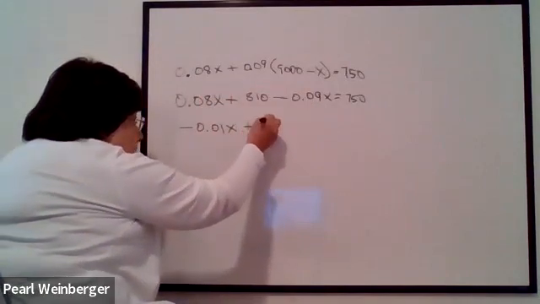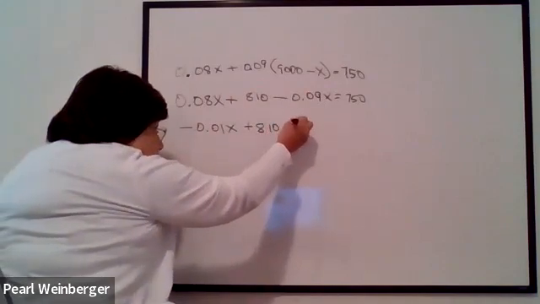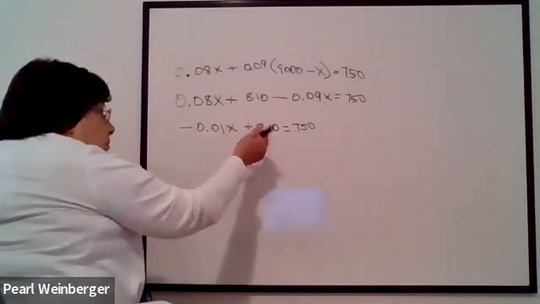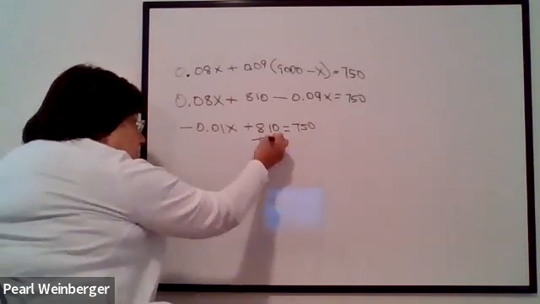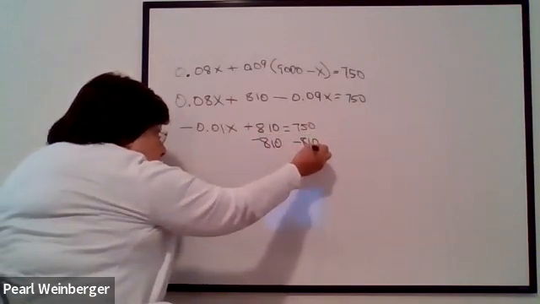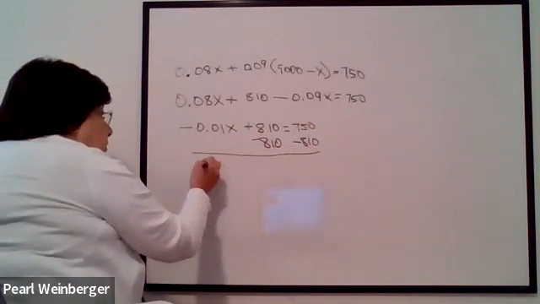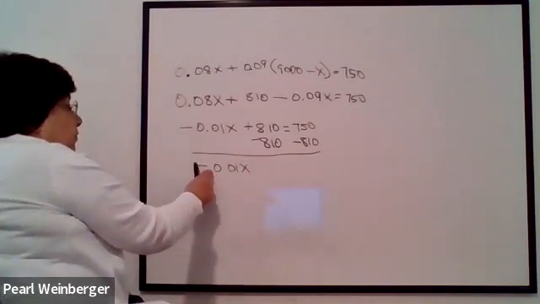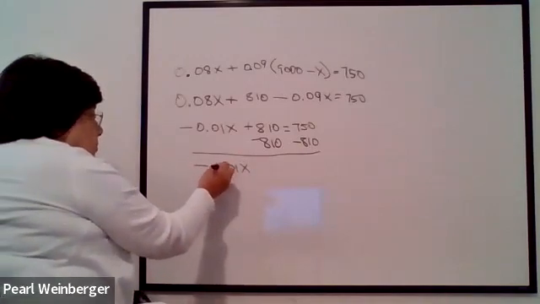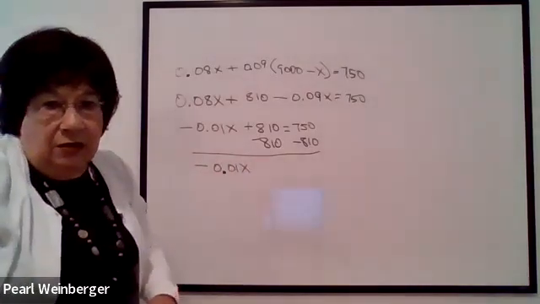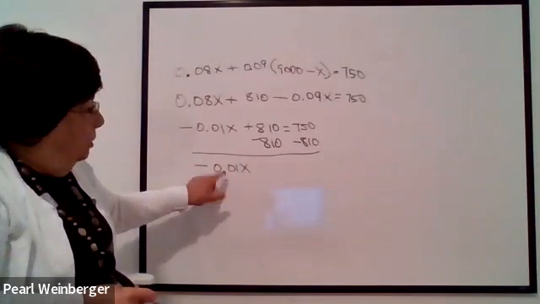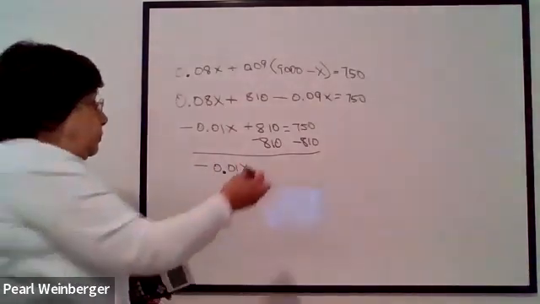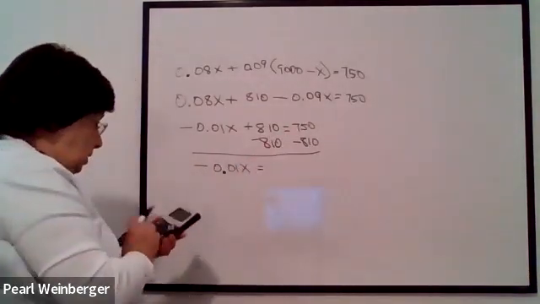This is 810 equals 750. So of course, the next thing is I have all the x's over here. I want to get rid of this 810. I'm going to subtract 810, which will leave me negative 0.01x. Notice the 0 in front of the decimal point doesn't have to be there. It's just to indicate where the decimal point is. So if you just wrote .01 without that first 0, that's fine also. And this equals 750